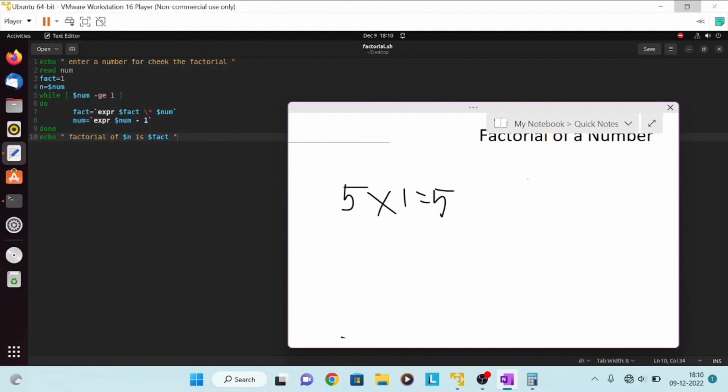Okay, when num is 5, it simply decreases the value, 5 minus 1. So what is 5 minus 1? The 5 minus 1 is 4. Okay, then